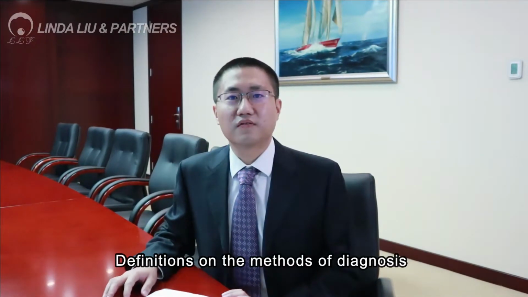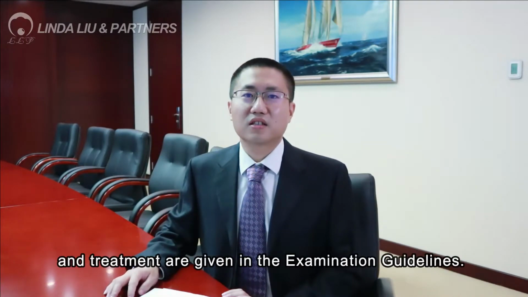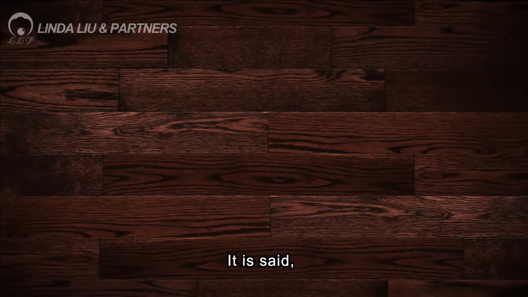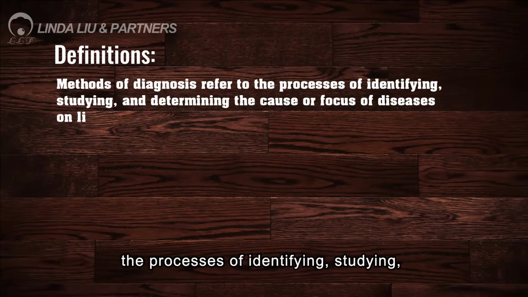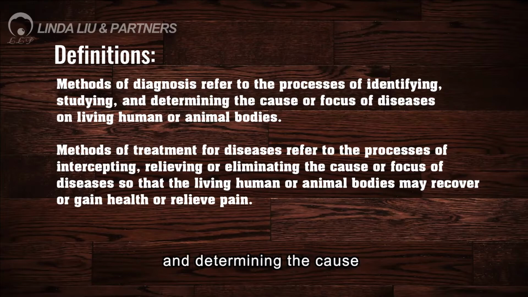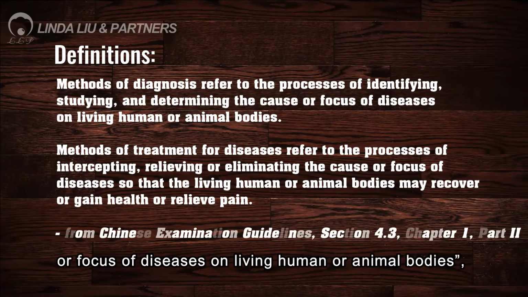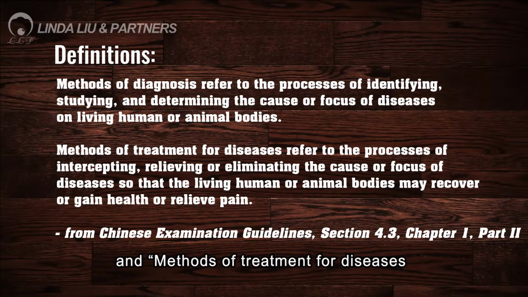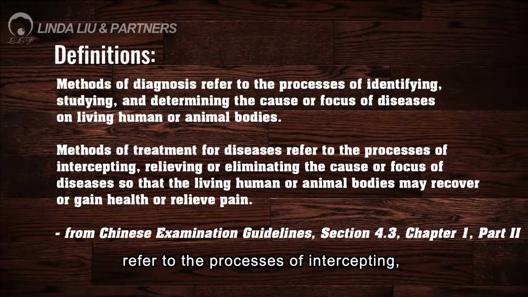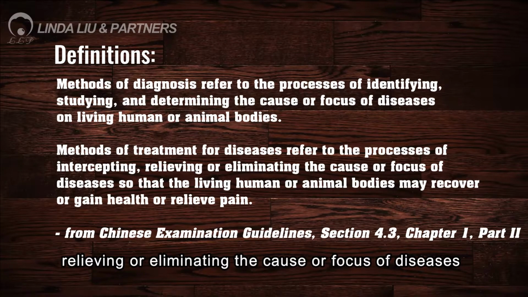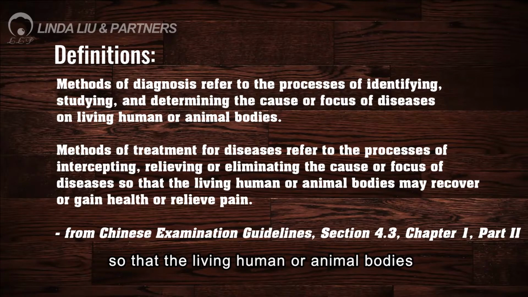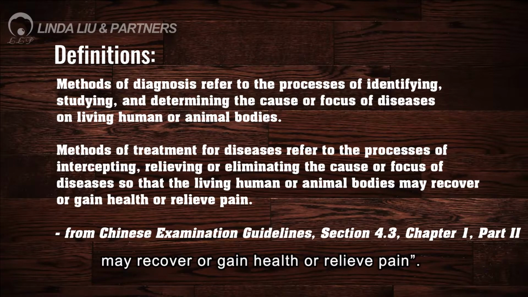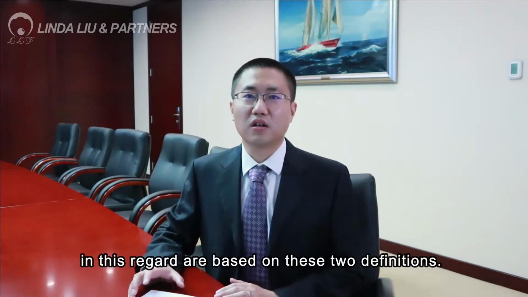Definitions on the method of diagnosis and treatment are given in the examination guidelines. It is said, methods of diagnosis refer to the processes of identifying, studying, and determining the cause or focus of diseases on living human or animal bodies, and methods of treatment for diseases refer to the processes of intercepting, relieving, or eliminating the cause or focus of diseases, so that a living human or animal body may recover or gain health or relieve pain. These definitions are very important because most of our arguments in this regard are based on